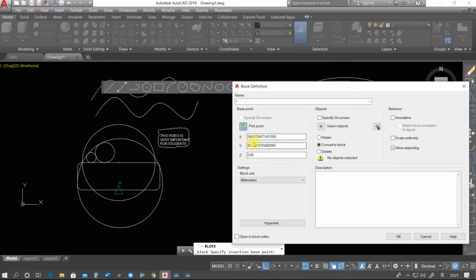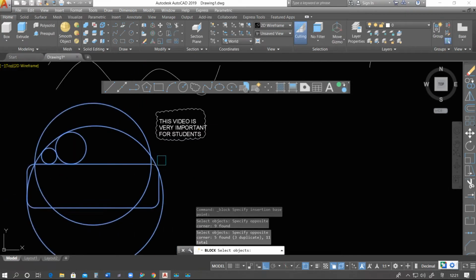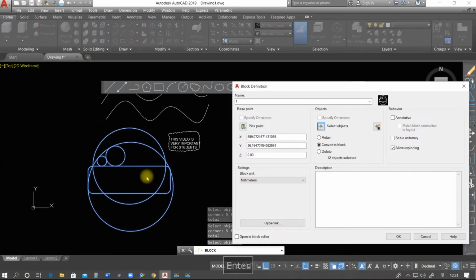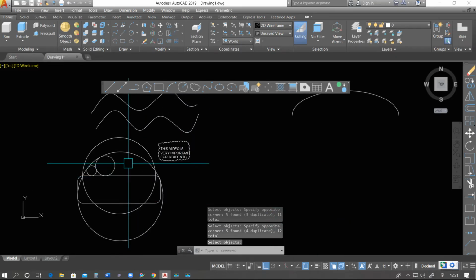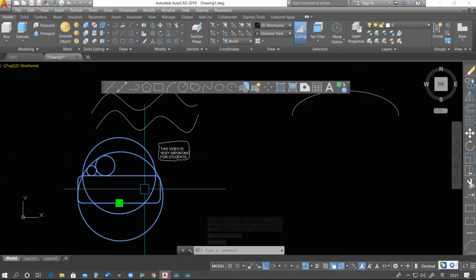So I'm going to click here, saying that this should be the position. Yes. Now select objects. So these are the objects which should be under this block. And okay. Now I'm selecting here. So we see how many grips we have? Only one grip, because we had converted this one into a single block.